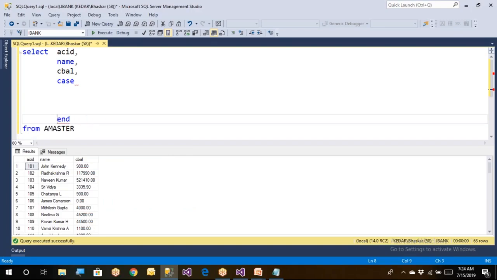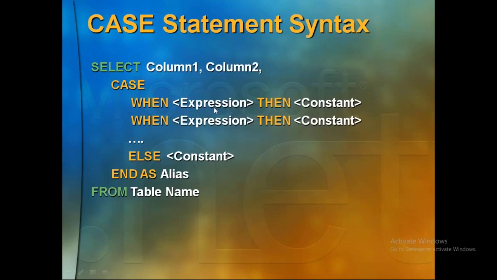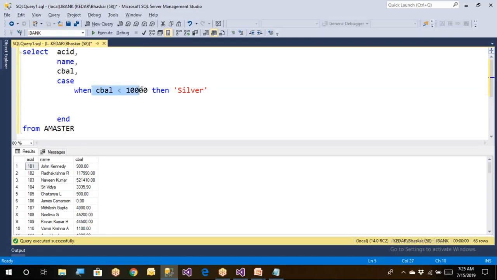What is the requirement here? The requirement: case when C balance is less than 10,000. Okay, when the C balance is less than 10,000, then the customer is a silver customer. So this is the syntax. Okay, expression, then what? Constant. If the C balance is less than 10,000 or less than or equal to whatever you want to have, this one. When